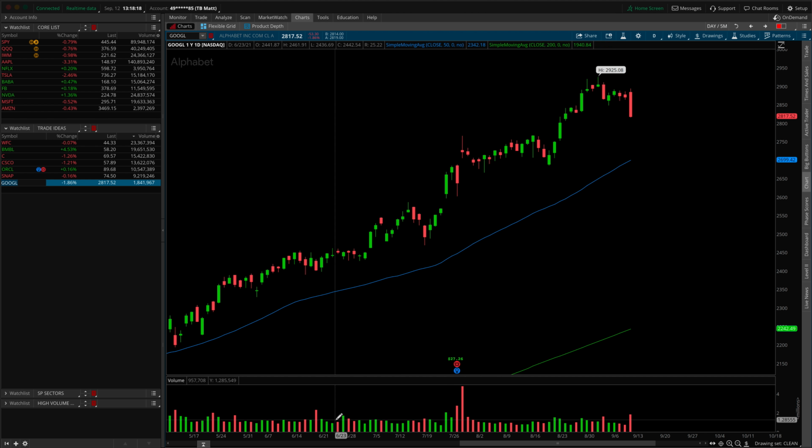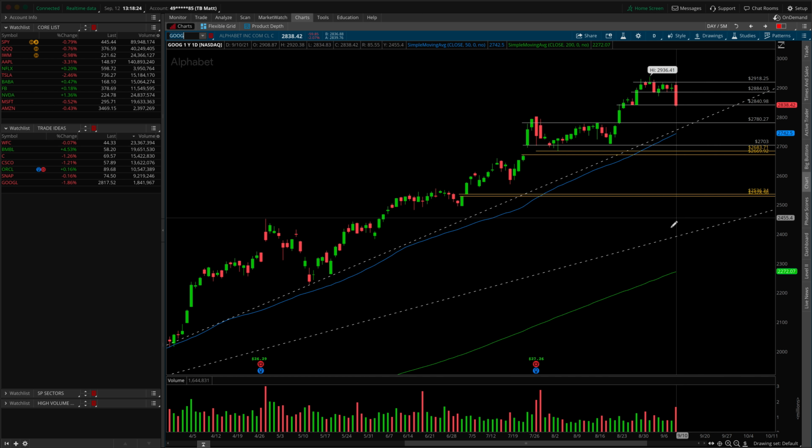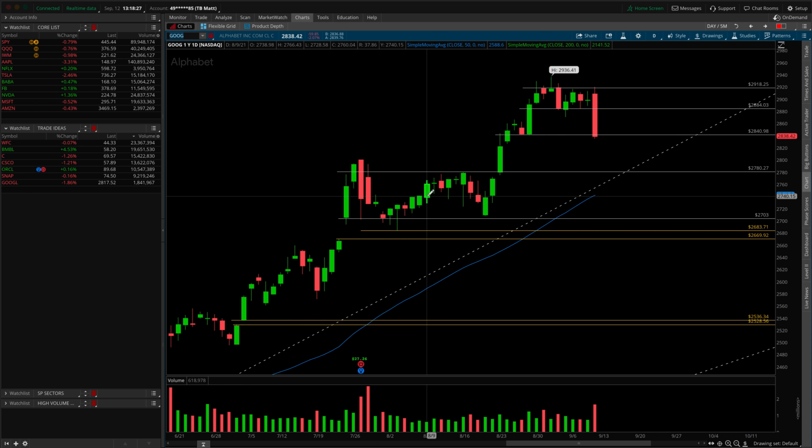And then lastly, we have Alphabet Google here. I think I actually have a marked up chart with GOOG. Let's shift over to that one. And what do we got? Yes, we do. Okay, so here it is. And what we're seeing is, of course, a large red candle, just like what we saw inside of Apple. Big breakdown on Friday. If we do move lower into the support trend line, just like we talked about on